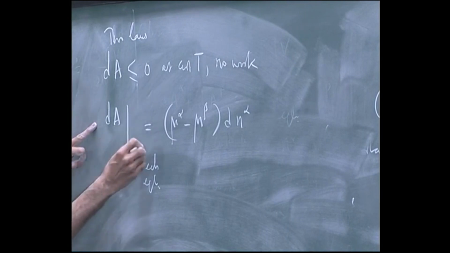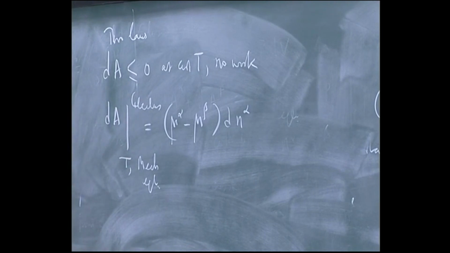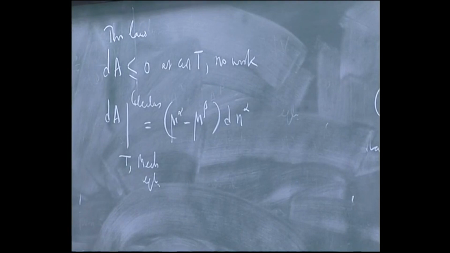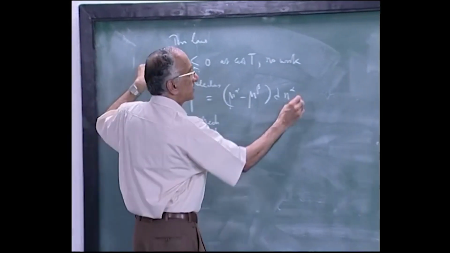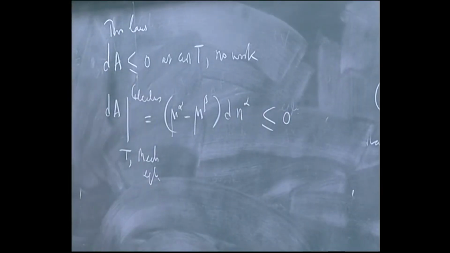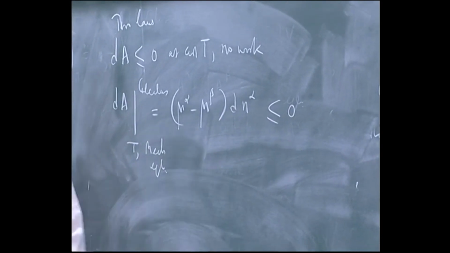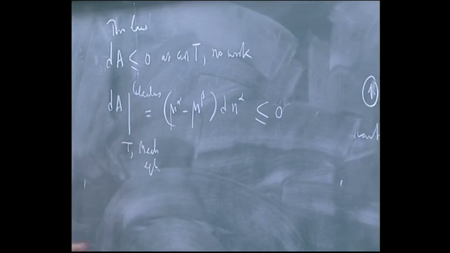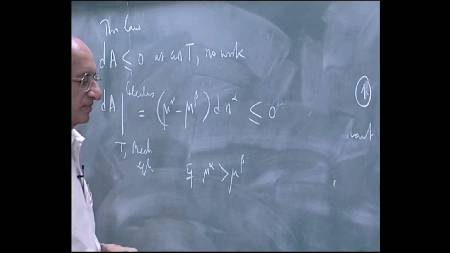This is calculus. From calculus alone you won't draw any conclusions in thermodynamics, you have to always use the law at some point. Calculus is just going to give you equalities, so you got this result, and from thermodynamics this should be less than or equal to 0, and I am saying at equilibrium it has to be equal to 0 because it would have reached a minimum, and if mu alpha is not equal to mu beta, let us say for example mu alpha is greater than mu beta,